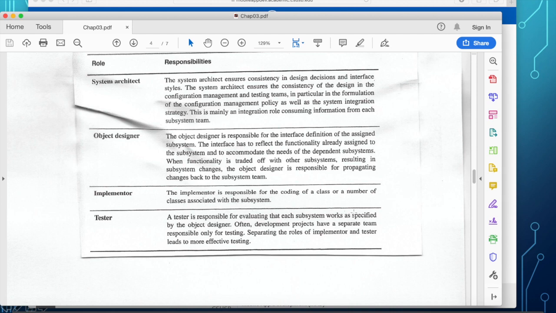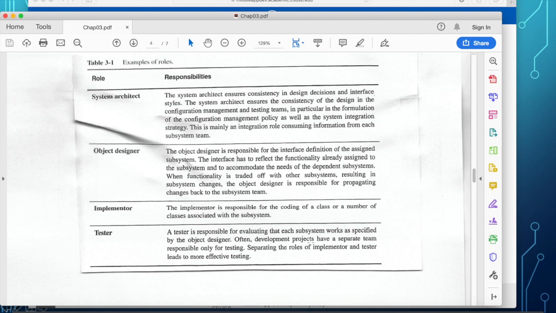So the object designer deals with actual data or actual information about the different design architecture.